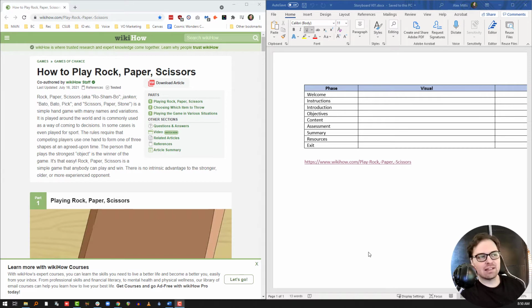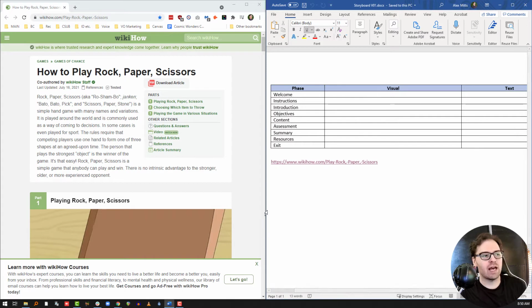And I left off last time by setting up my little, I don't want to say it's a storyboard, but it's more of an outline. It's not quite a storyboard yet. And I have this website that I said I was going to peruse, and I did a little bit, but